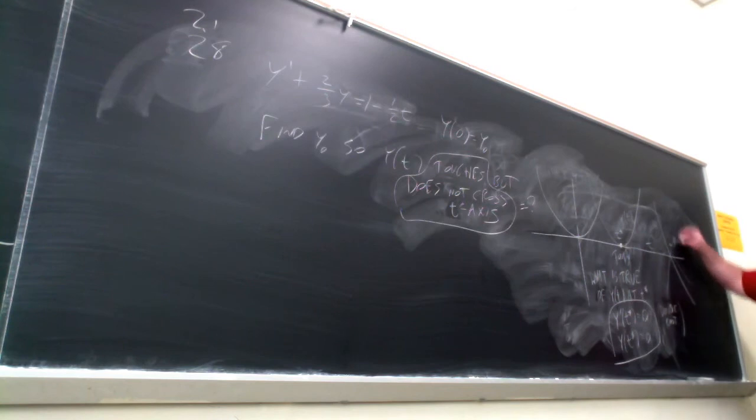Whereas here we have y of t star is still 0, but y prime is not. All right. Now,